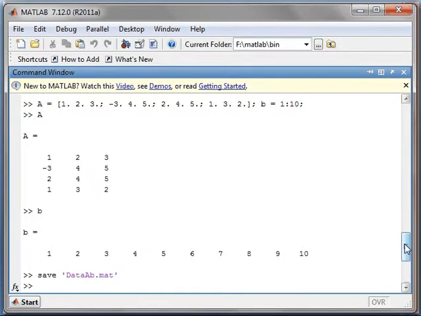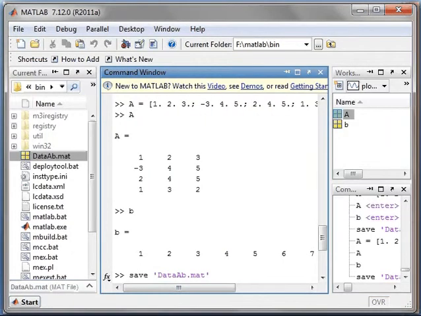And for saving this I use the command save and the name of the file that I want to give, .mat. It will save my file. Let's see.